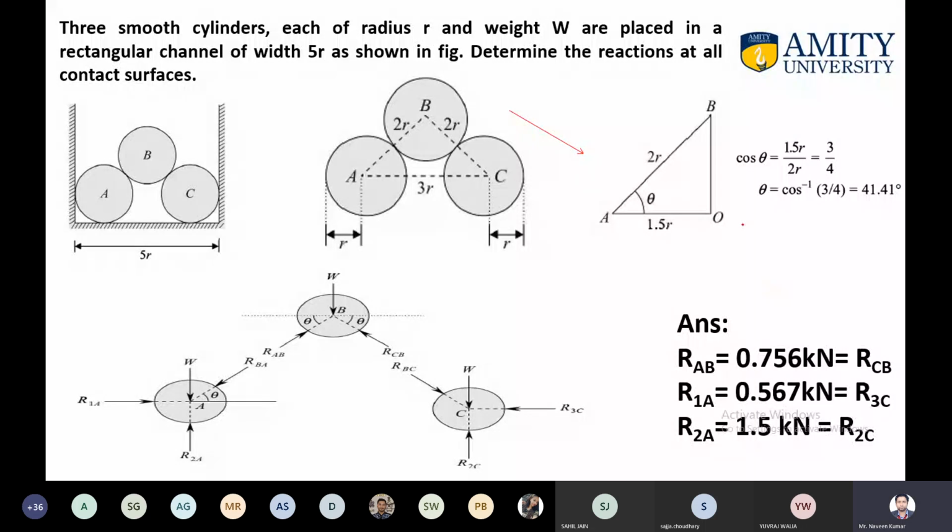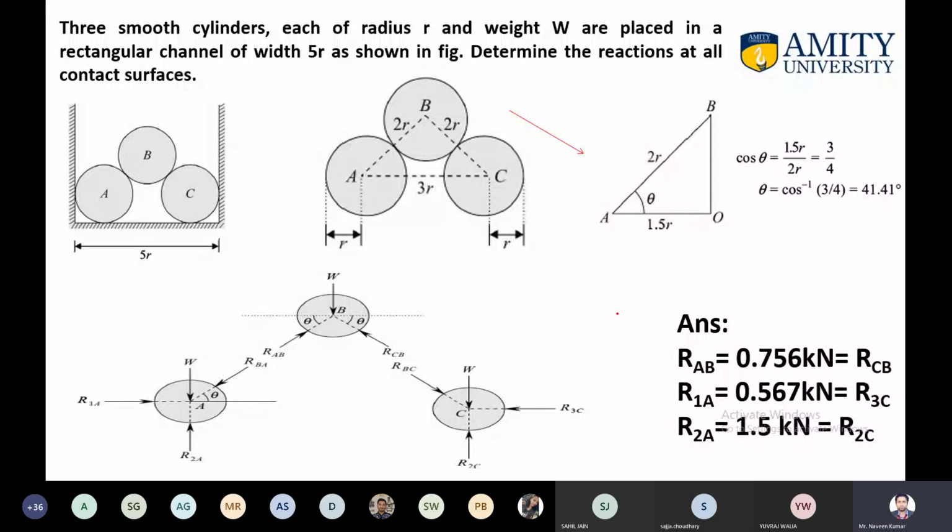This you can see, this is total r plus r, 2r. This is again r plus r, 2r, and see here, this length is radius r, and this is also radius r. So how much is left? Center distance. This left is 3r. So simple. The problem that we have discussed, it is just the extension of that problem.